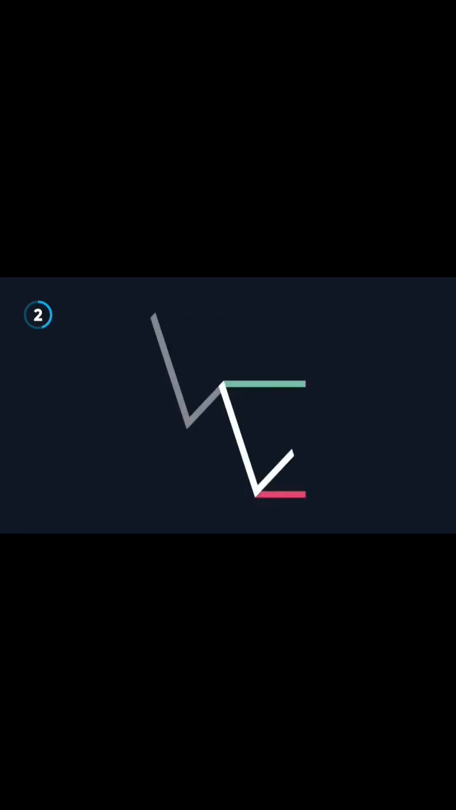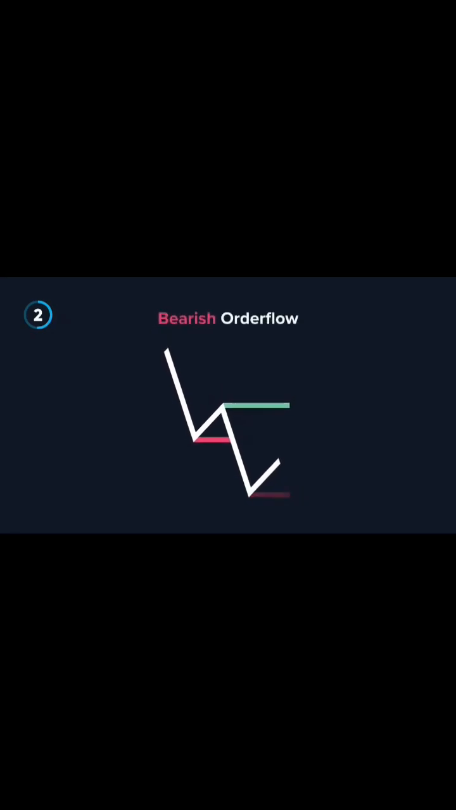Here we have another depiction of a price swing, but this time, when we look at the liquidity that was broken before this swing was created, we can see it was a sell-side liquidity, which means that this chart would currently be in a bearish order flow. And this means that the current break of structure